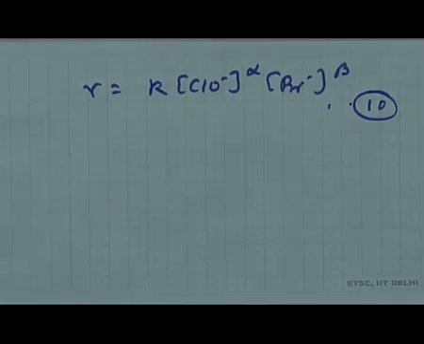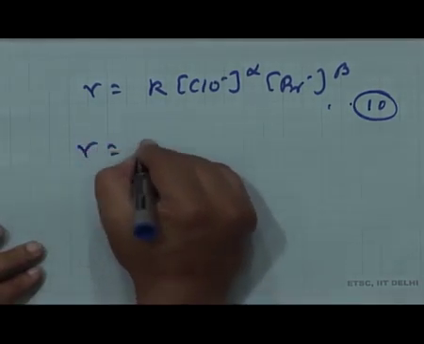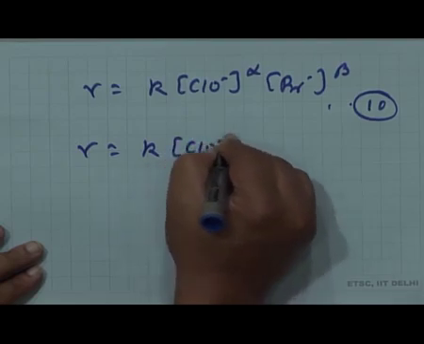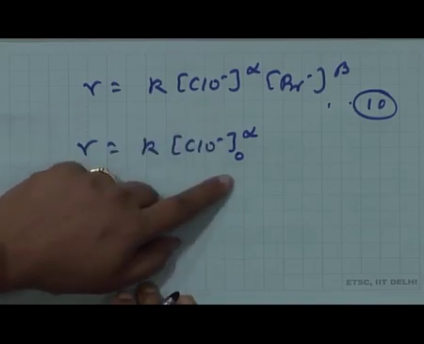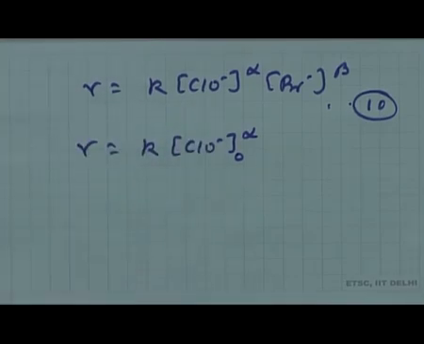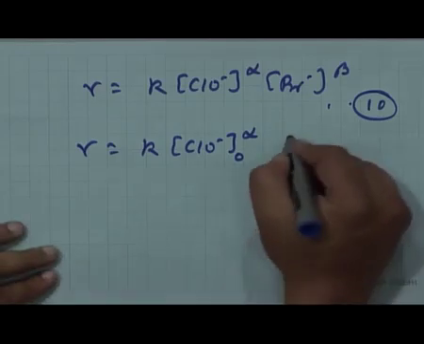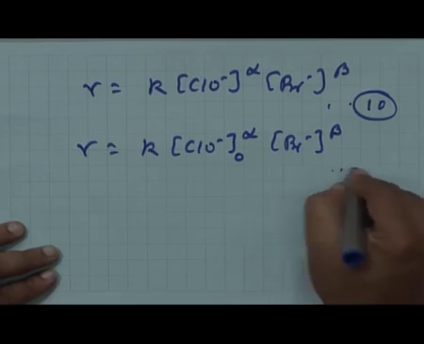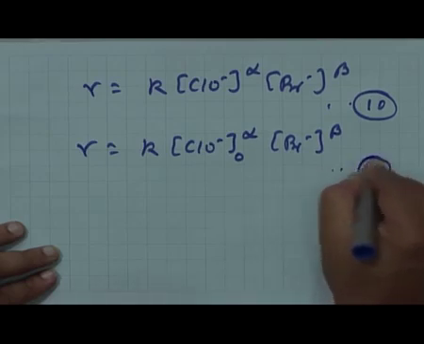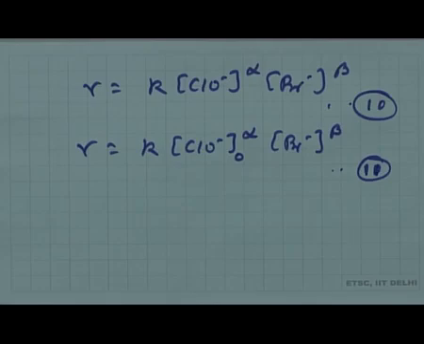Now, this can be replaced as R is equal to K minus alpha. So, I am replacing ClO minus by ClO minus 0 because it has not changed at all. It is approximated to be equal to the initial concentration started with, Br minus beta. So, let this be 11, right. Now, once we have made this approximation, once we have changed ClO minus concentration to ClO minus 0, that means initial concentration, then you see what happens is this term